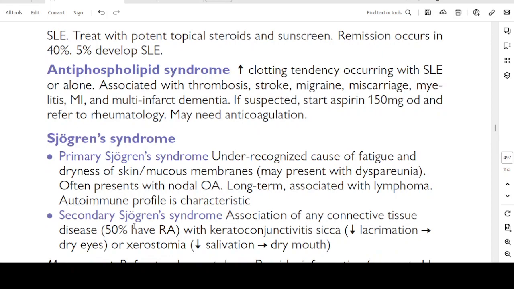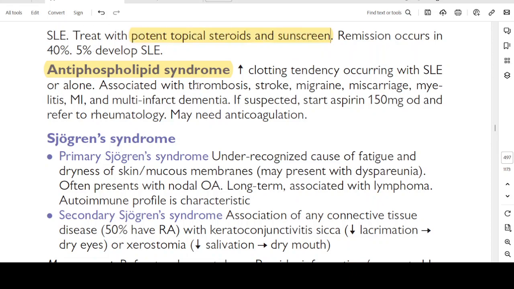Treat with potent topical steroids or sunscreen. Remission occurs in 40%, 5% develop SLE. So this one was discoid lupus erythematosus. The treatment for discoid lupus erythematosus is topical steroids and a sunscreen, and remission occurs in 40% and 5% develop